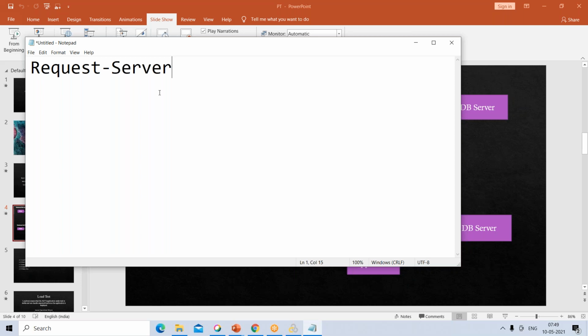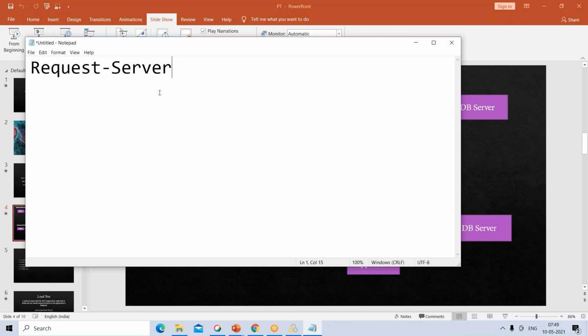This is the second thing. The third thing is the network latency. Network latency means, for example, your application servers are in California. Now you are sitting somewhere in India and you are accessing that application.